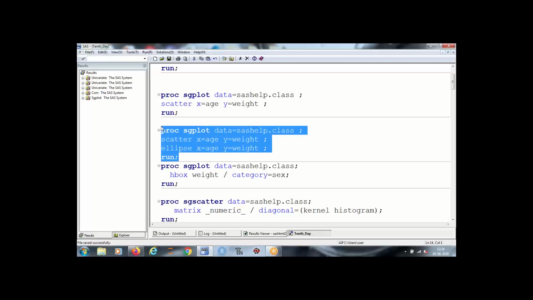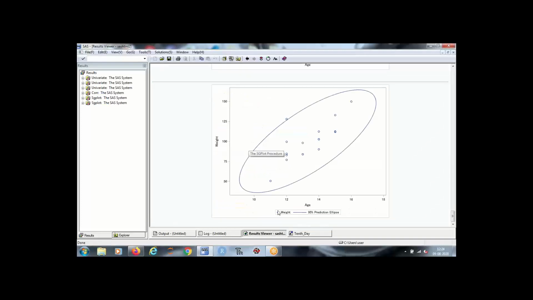And this ellipse will create a 95% prediction, 95% confidence interval boundary.